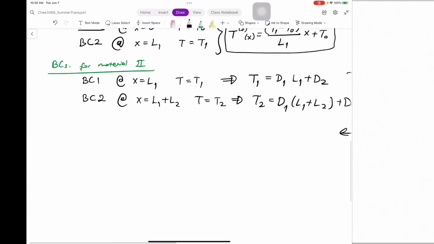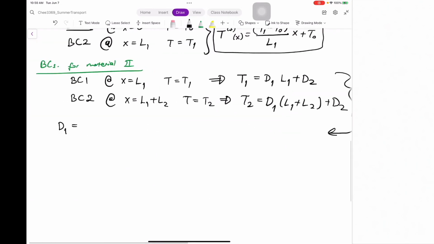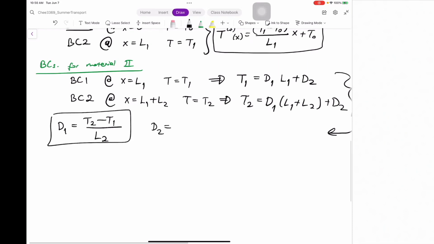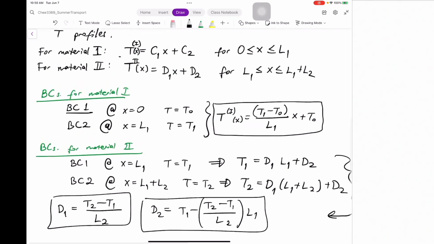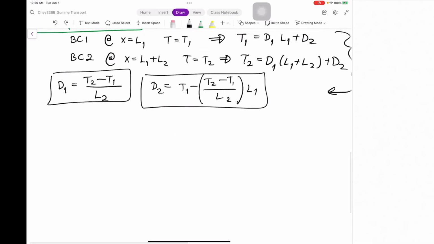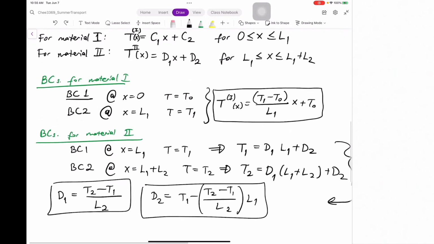and you get D1 is equal to (T2 minus T1) over L2, and D2 is equal to T1 minus (T2 minus T1) over L2 times L1. So you solve for D1 and D2. So you basically got the second temperature profile as well, because now you know the D1 and D2 in terms of the temperatures and lengths. So if you plug in this equation for the material 2,